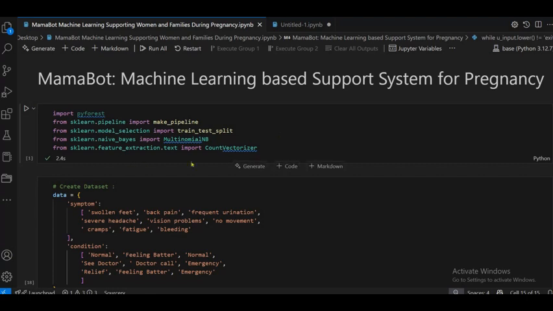And next one is from sklearn.feature_extraction.text import CountVectorizer. So CountVectorizer is also scikit-learn. It transforms a collection of text documents into a numeric matrix, or it is also used to extract features from text and images.